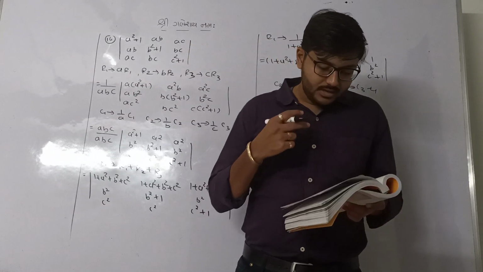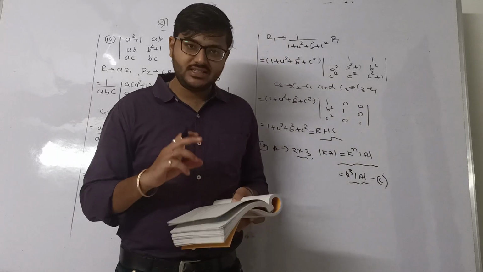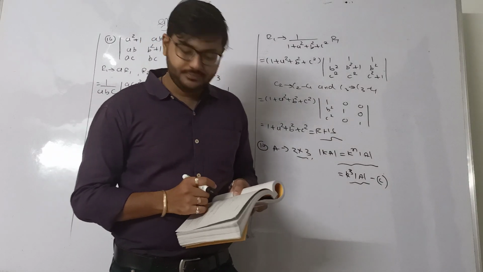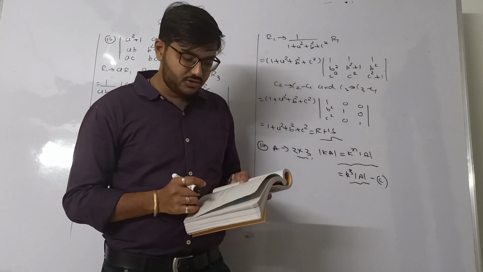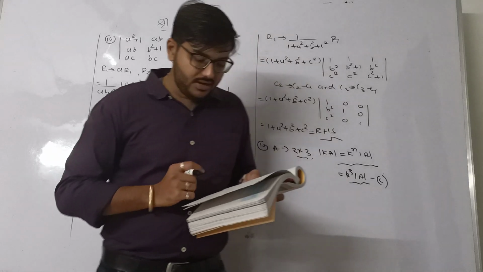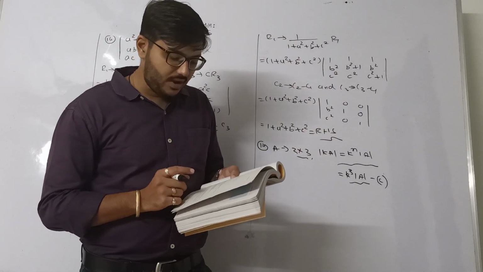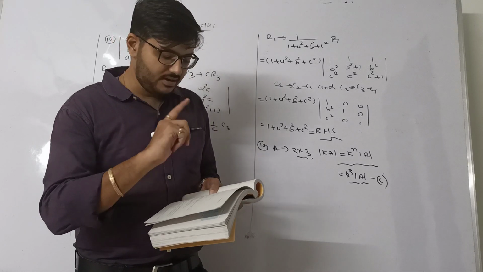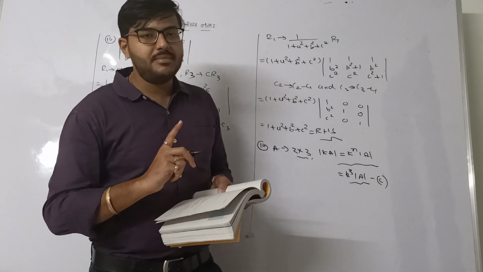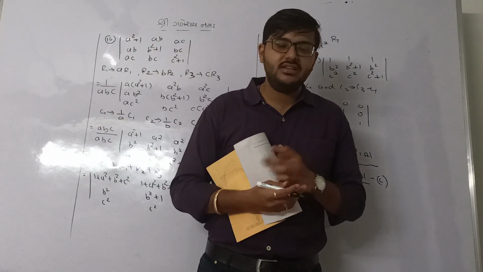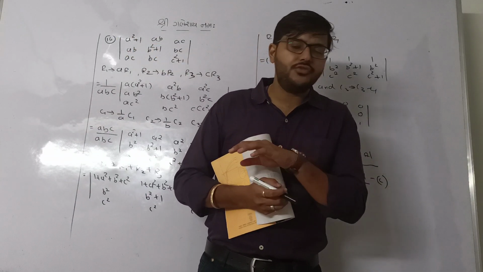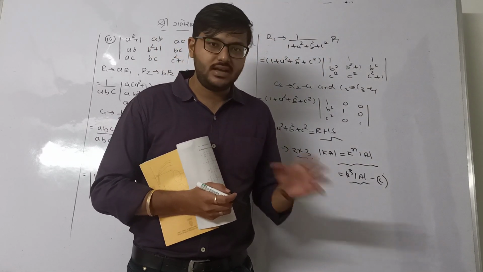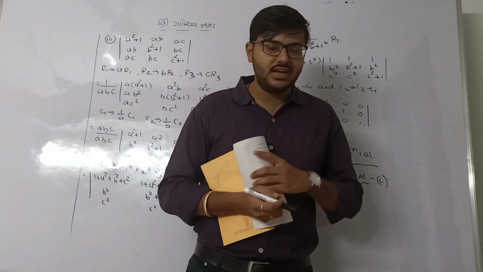And question number 16, which of the following is correct? 4 options are given to us. Determinant is a square matrix, determinant is a number associated with a matrix, and determinant is a number associated with a square matrix. Okay. Now there is a minor difference between all the statements. The first statement, determinant is a square matrix. So every time it is not possible, because a matrix can have 2 cross 3 order, 3 cross 4 order, any order. So those matrices do not have any answer in terms of determinant. So A is not the correct option.